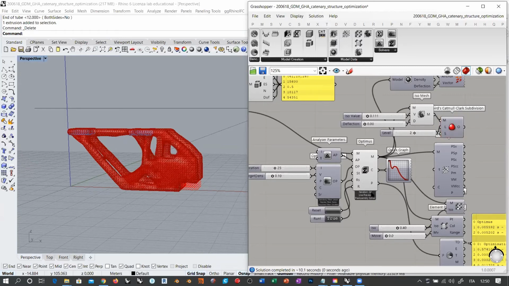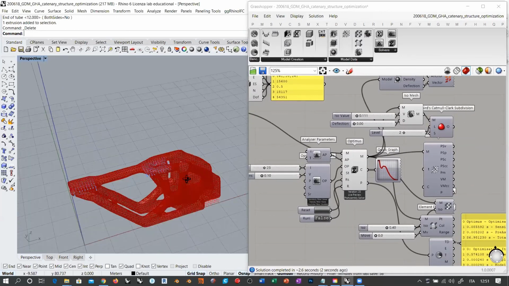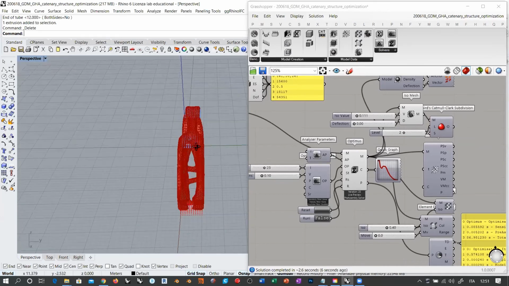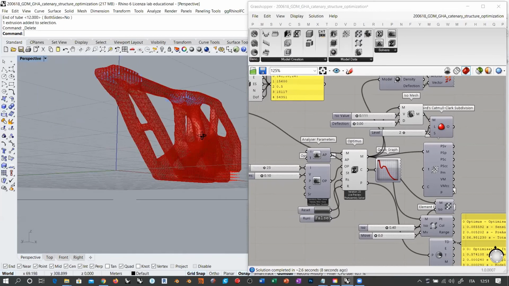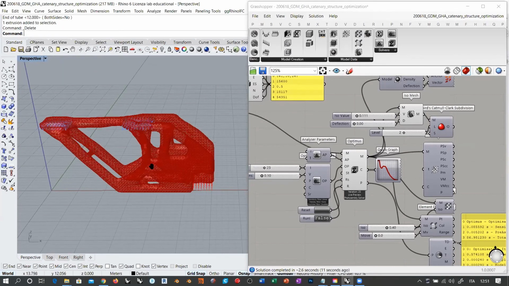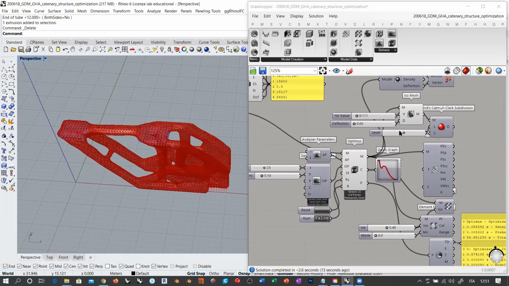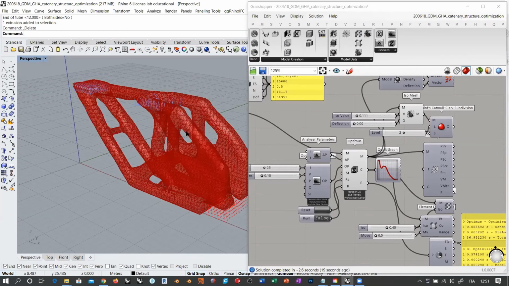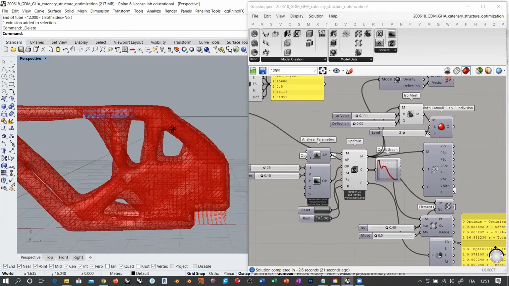But you see that it's easier to work with Topos with respect to Millipede in order to have a proper topological optimization. So 25, I think we are done. Now we see that it's a pretty symmetrical result due to the high resolution. Also, having a high resolution, the optimization process is capable of better understanding where the stress lines are, determining the necessity of material and where there is no need for